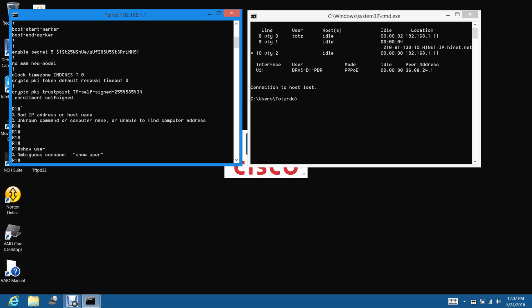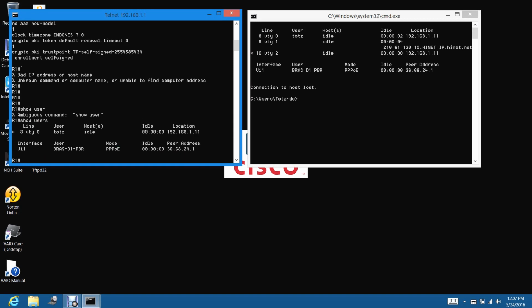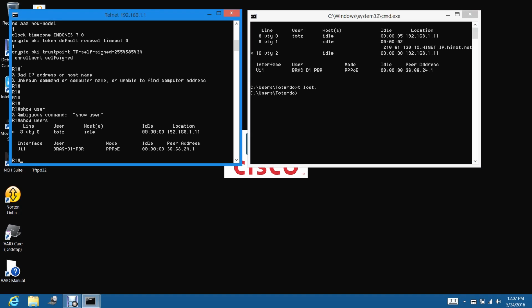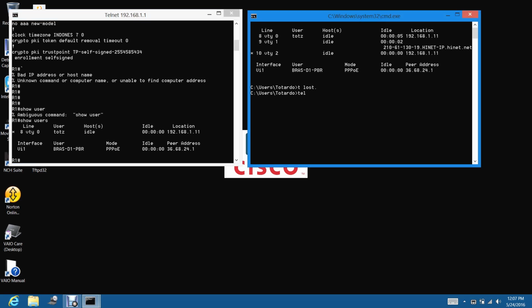Show users, like that. That's the same as telnet Finger. That's great. You can telnet into your router using this command from any client, any PC.